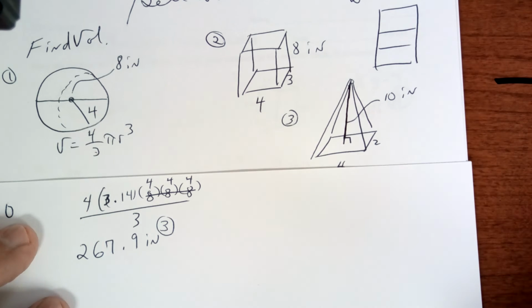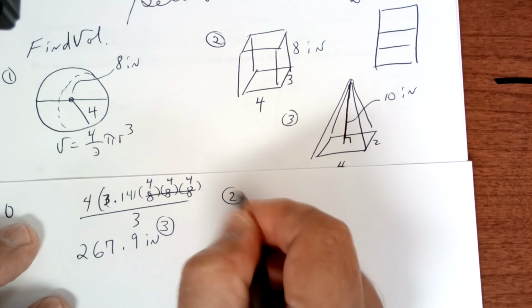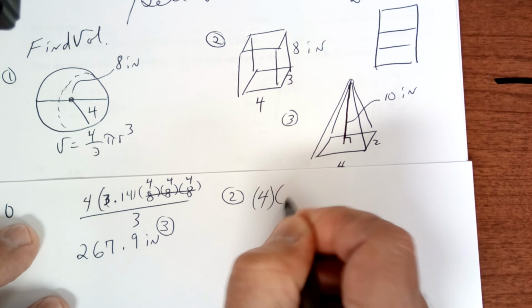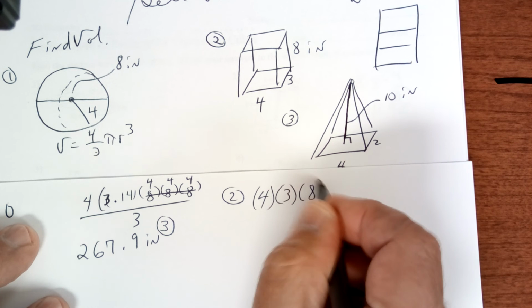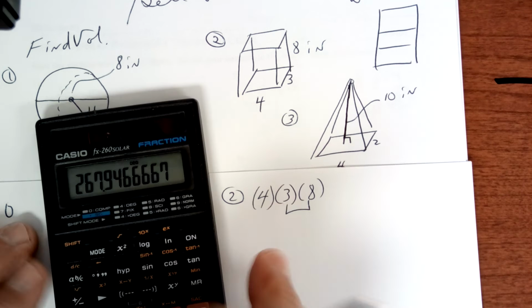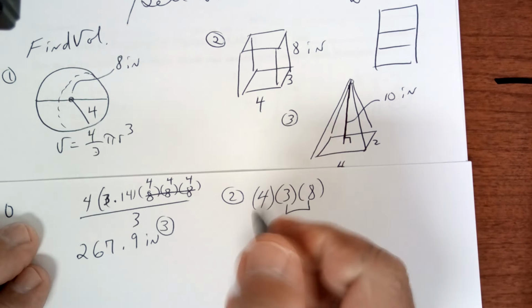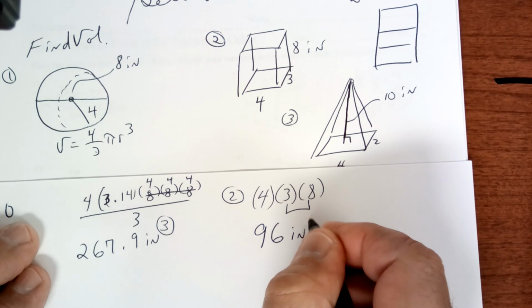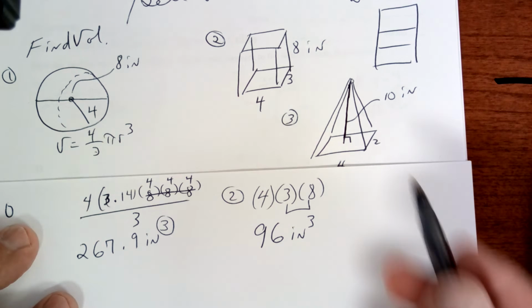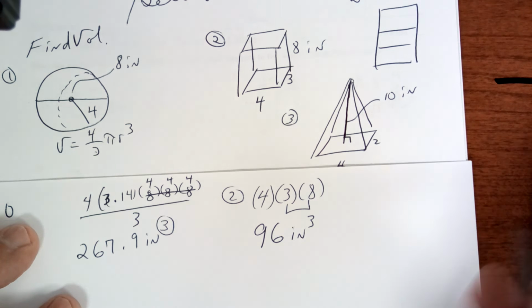This one right here, number 2, volume is just length times width times height. So that's 24 times 4, 96 cubic inches. And then finally, this last one, to get volume, you're going to multiply all 3 of these,